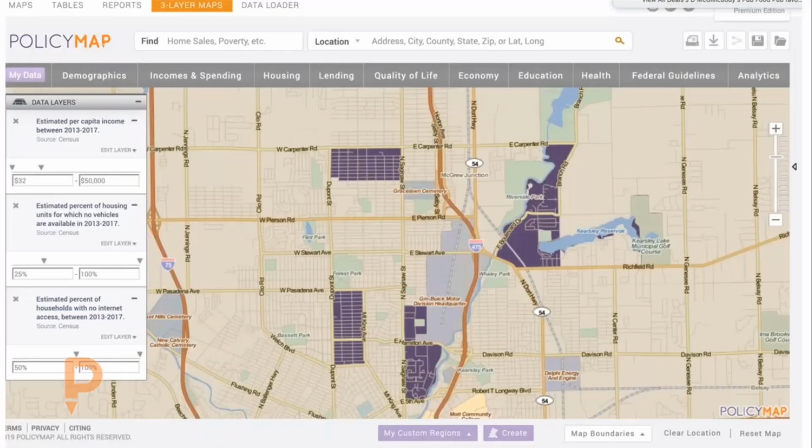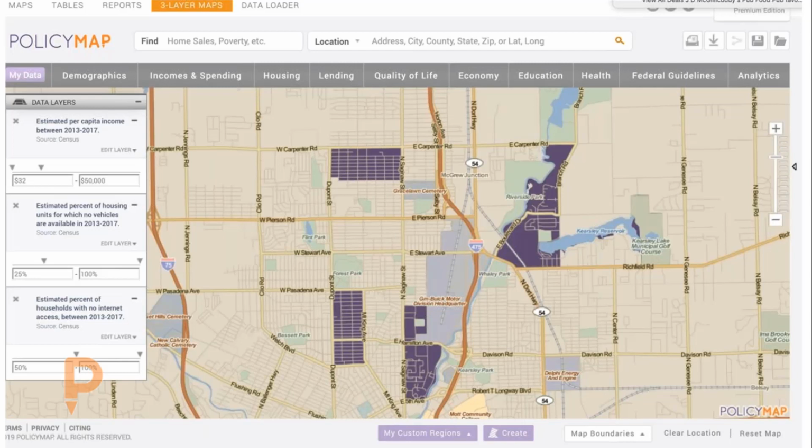So that just gives you an idea of how you can download it, and it is data that is delivered in a CSV format, and our expert researchers can take that data and pull it into other tools as well. Here's the sample map, and one thing I haven't talked about is the ability to take a look at different data layers and find hotspots. So for instance, I did a quick search very simply and easily where I was looking at per capita income. And I was looking for areas in and around Flint, Michigan, where the per capita income is less